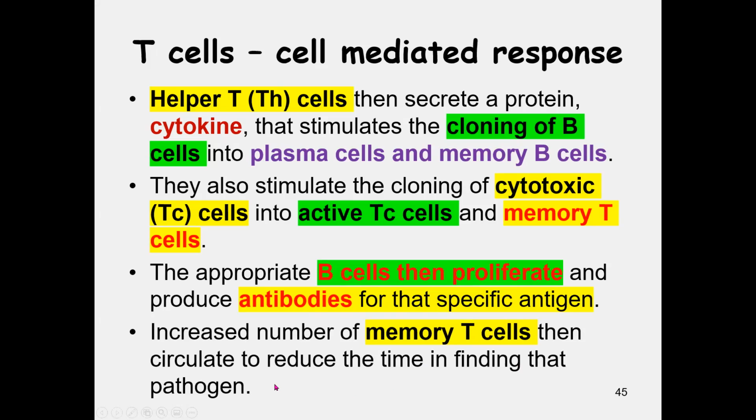But as well as that, remember we had those memory B cells. We also have the memory T cells, and they go around finding the pathogen, and then they send out signal cytokines, and then the whole thing just keeps going. So if it's a massive infection,